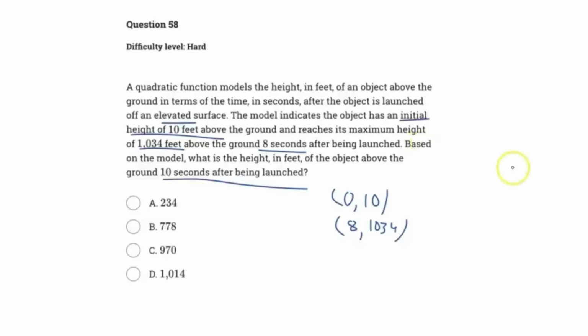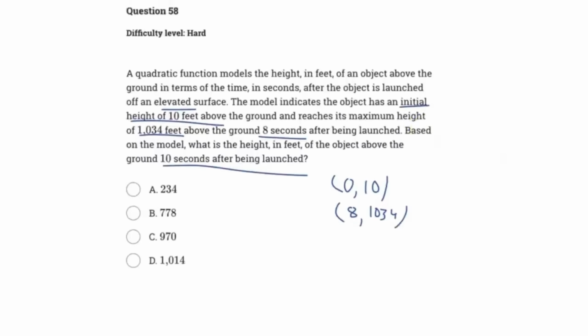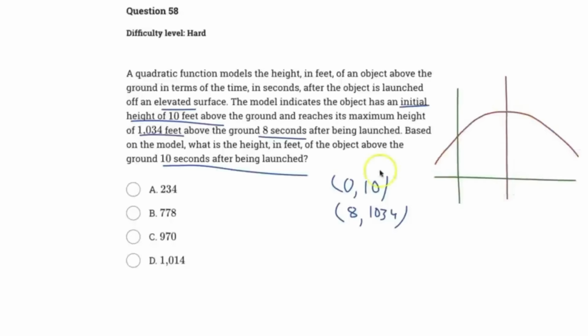But since I have a quadratic, I need 3 coordinate points to make it work. Therefore, to find the last coordinate point, it's actually not that hard because you have to think about a quadratic function, right? If I have a quadratic function, I'm going to draw the axes, and then the graph is going to look something like this, right? And what we know about a quadratic function is that it's symmetrical, right? So if you were to think about this as (0, 10), and we think about the axis of symmetry as x equals 8,